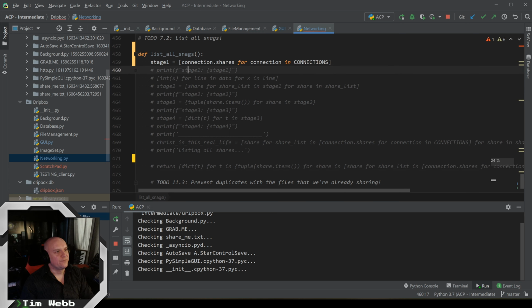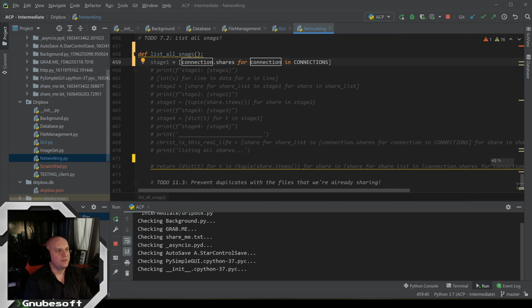So like I said, first stage, we're just going through our list of all connections. This is a global of all of the connections that we have. So we're going for connection in connections, and then we're grabbing the connection shares and adding that to a list in this list comprehension. And then the second stage for this is going to be